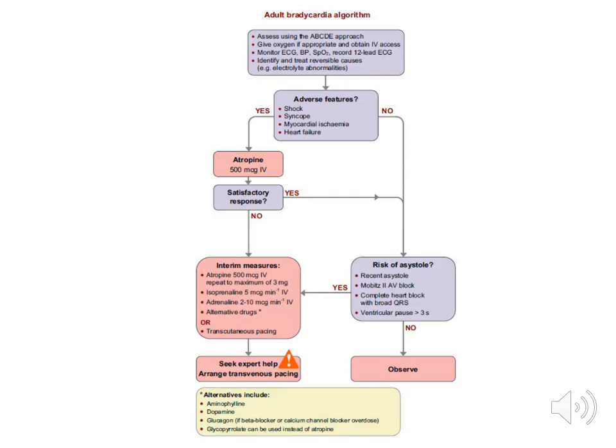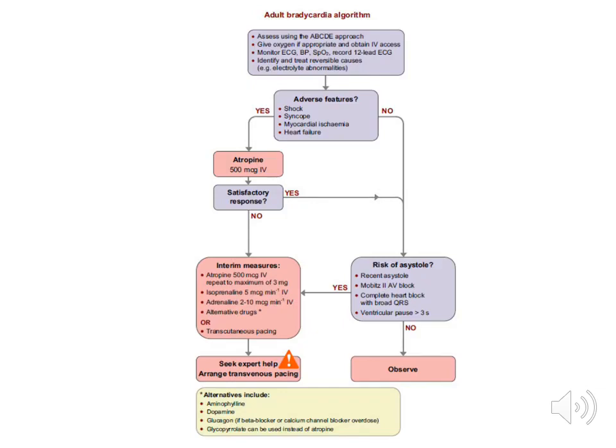So this slide essentially shows the adult bradycardia algorithm from ALS teaching. Essentially, we go through the ABCD approach for assessment and simultaneous resuscitation. You look for adverse features, whether they've got shock, syncope, or severe ischemia. And if the patient has any of those features, you then go down the yes side, looking at atropine,